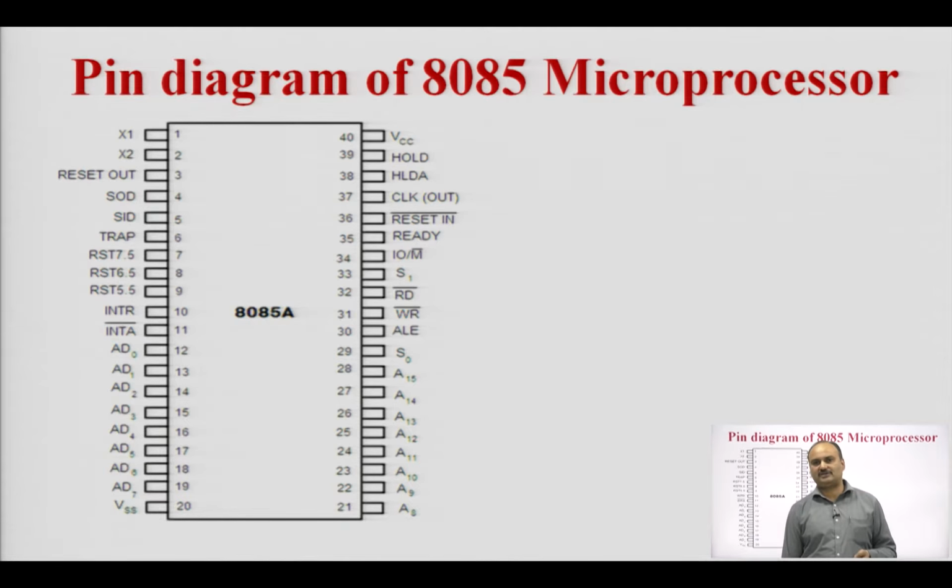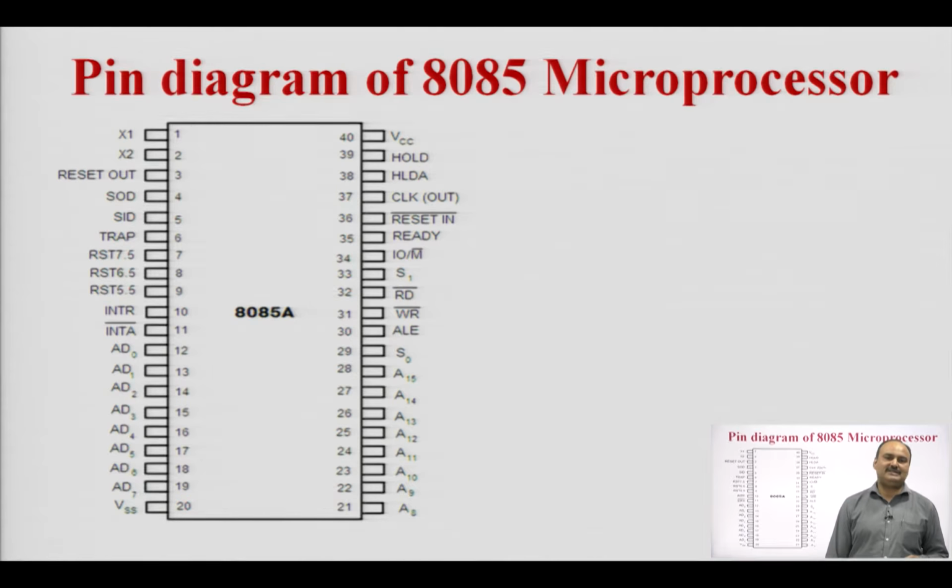In the 8085 microprocessor, we have 5 hardware interrupts. So, pins are dedicated, from pin number 6 to pin number 10. These pins are used for the external hardware interrupts. Each particular pin is dedicated to a particular hardware. These interrupts are TRAP, which is on pin number 6, and RST 7.5, RST 6.5, RST 5.5 and INTR. The respective pins are dedicated to each interrupt, and these pins will receive the interrupt request from the external hardware circuit.